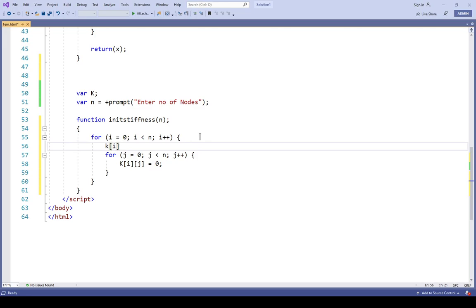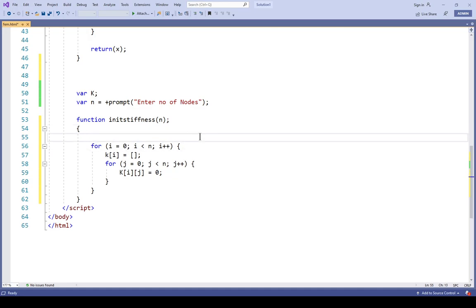K of i equals this, and K equals this. This declares an empty one dimensional array, and this declares an empty two dimensional array. So from one dimension we have to go to two dimensions. We are looping over all the rows up to n and initializing the global stiffness matrix to all 0.